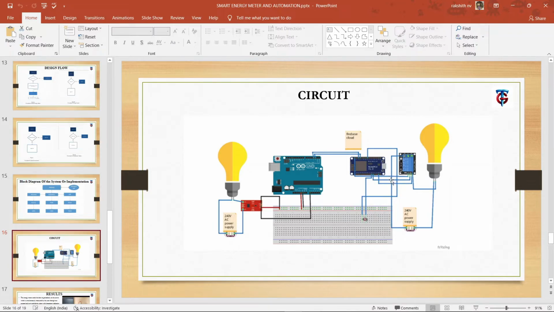Then it is also connected to the LDR. The NodeMCU is connected to the LDR sensor and the efficiency part of the thing which we discussed earlier. So based on the values of light intensity, the NodeMCU appropriately switches on and off the load which is present, that is the bulb in this case, on the right side of the image. This is the circuit diagram we saw.